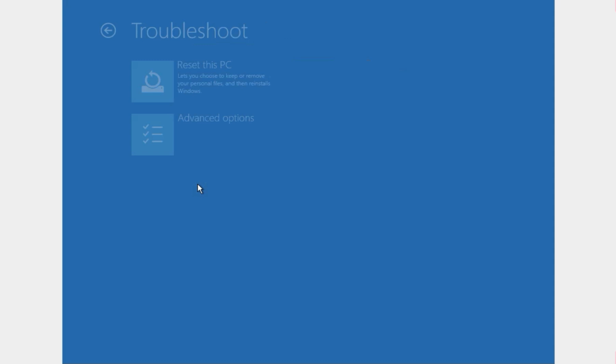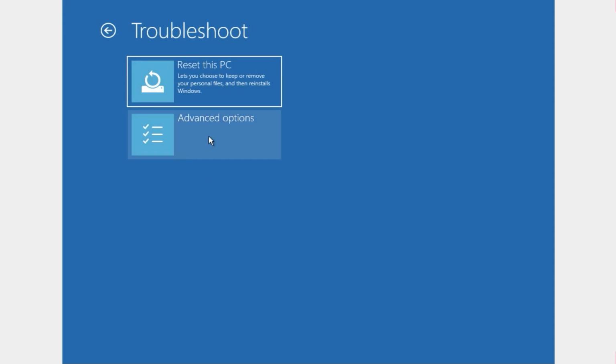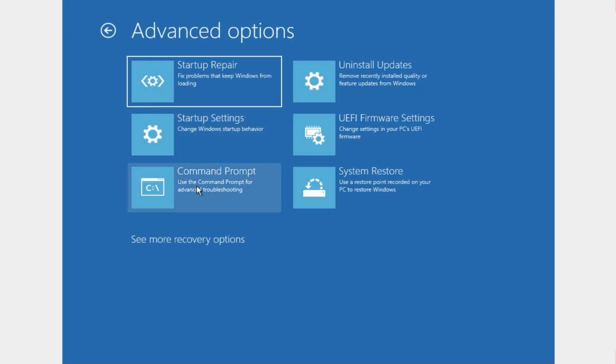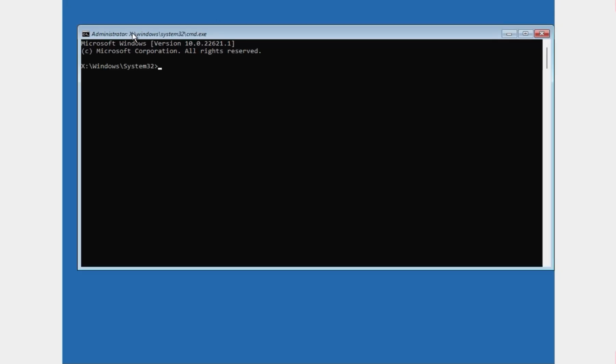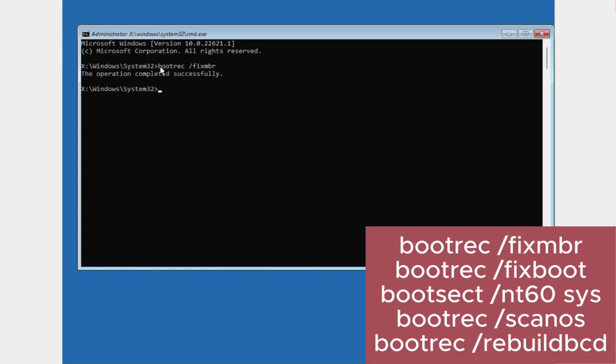Then click Troubleshoot, then Advanced options. Then click Command Prompt, and in the command prompt type bootrec space slash fixmbr and then hit enter. This is first. Then second,